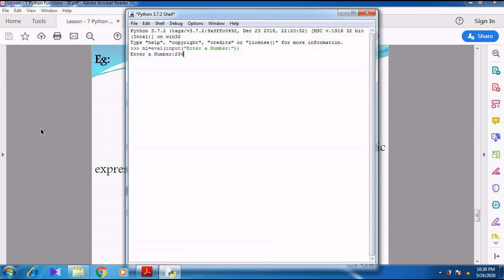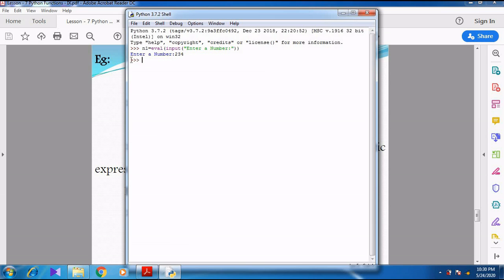I am giving the value 234 and pressing the enter key. Now 234 is received by the input function, taken as an argument by the evaluate function, and assigned to n1.